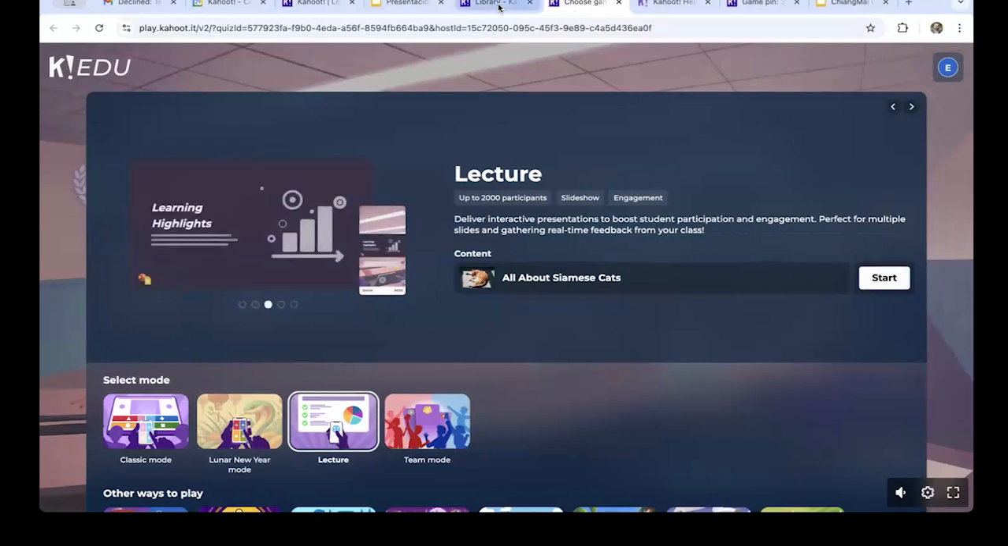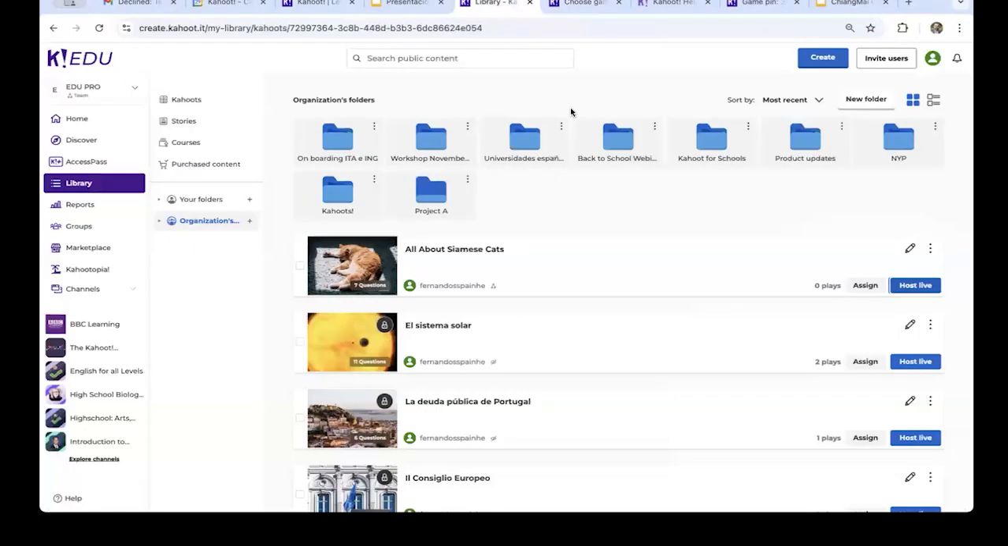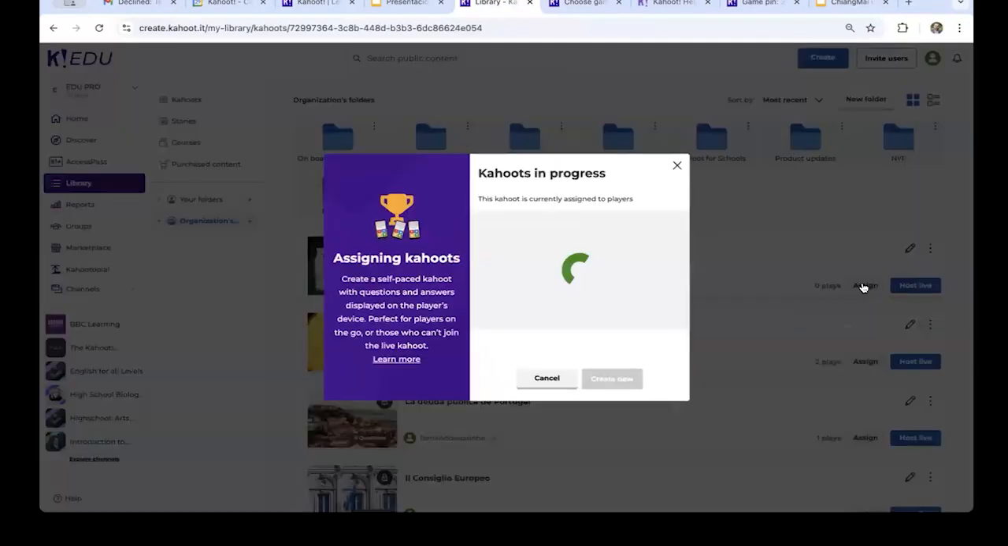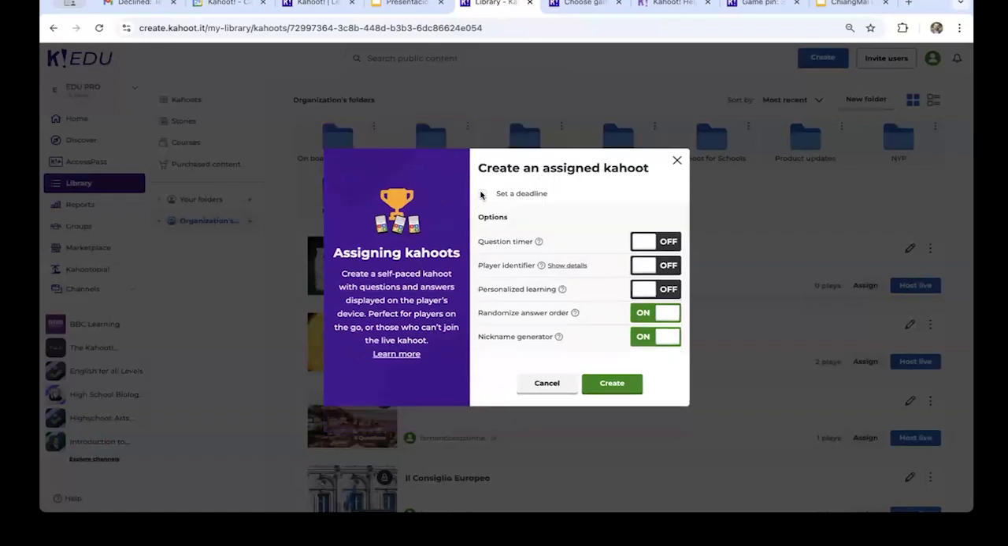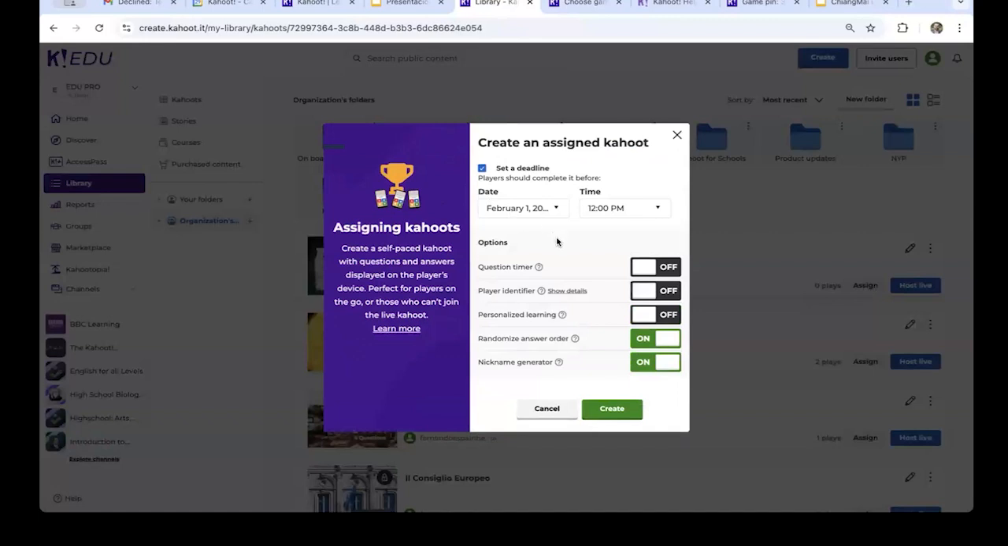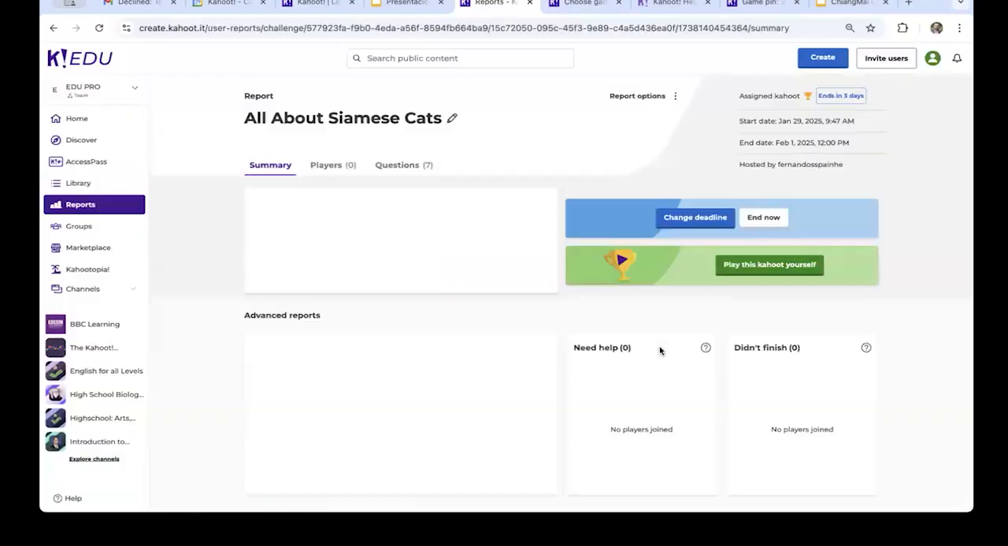Here you can also decide to assign this Kahoot. If I click on Assign, I can assign this as a task. I can choose to set a deadline. I can choose, in this case, different options. For me, this one is very relevant, the randomized answer order, because sometimes we know students exchange the answers. And once I click on Share, this moves me to reports because a new report has been created all about